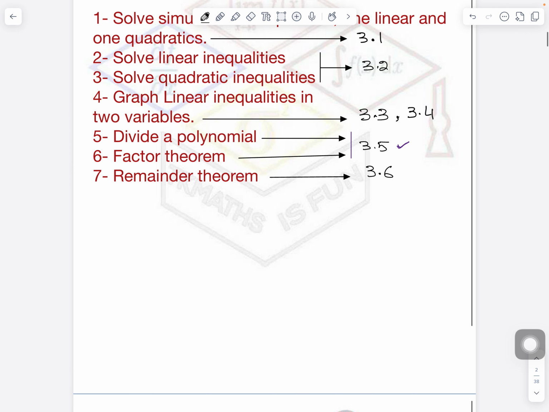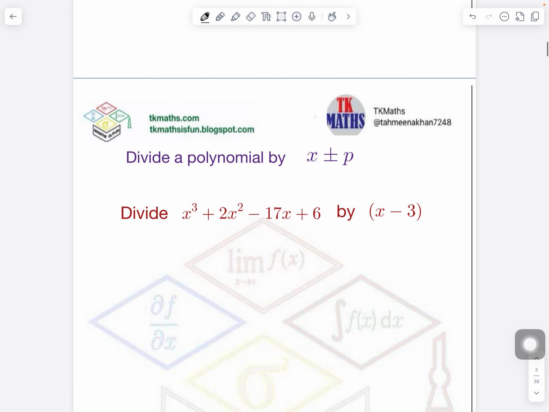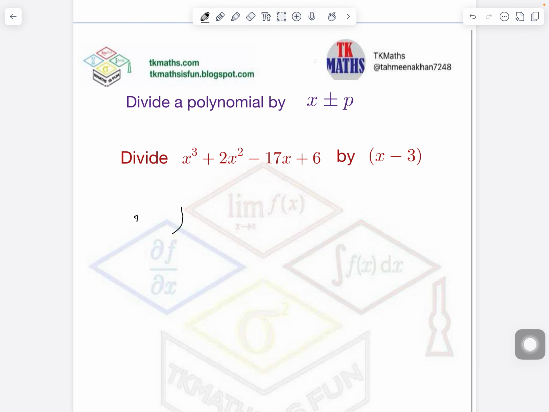So we will learn here the long division of polynomials. One example I have taken here to explain it to you. So let's start. So x minus 3 is a divisor and your dividend is x cubed plus 2x square minus 17x plus 6. Now,